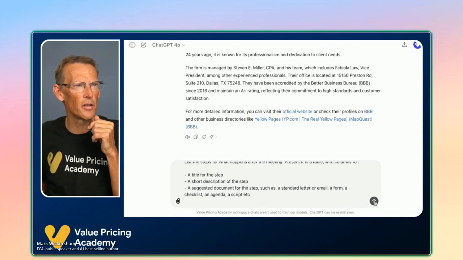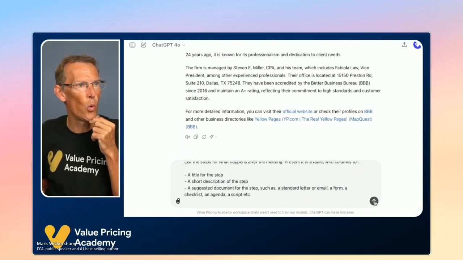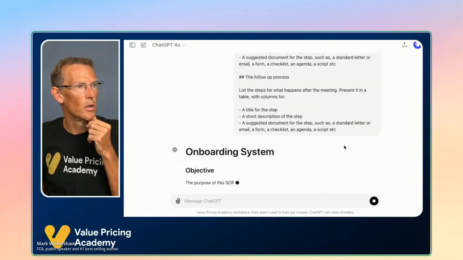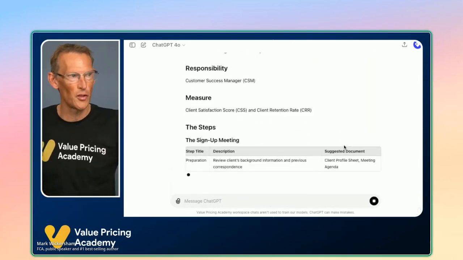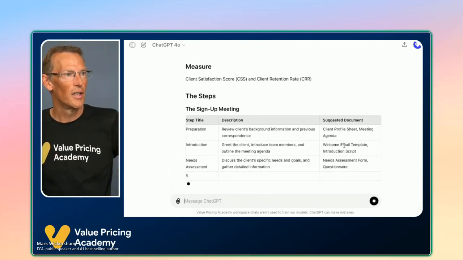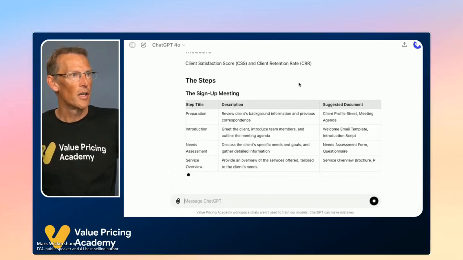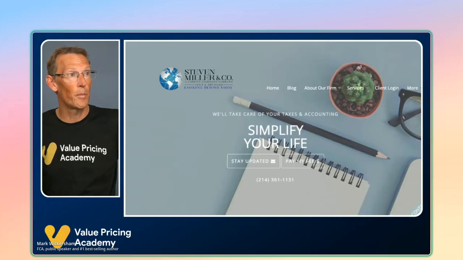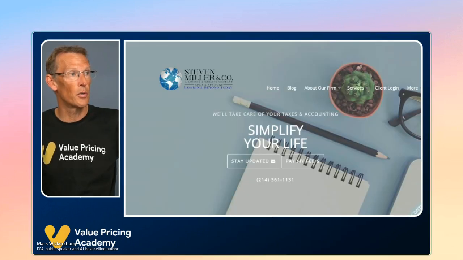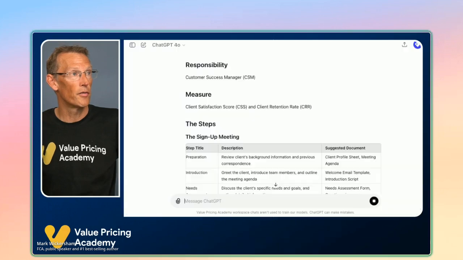So let's now hit this button. Let's run this prompt. Let's see what it does. So here we go. It's off. You can see it works incredibly fast. It's extraordinary. This is why it saves so much time, and it's following my template for a firm of accountants, because I put in that website earlier. It's doing an onboarding process as if it's for a firm of CPAs.